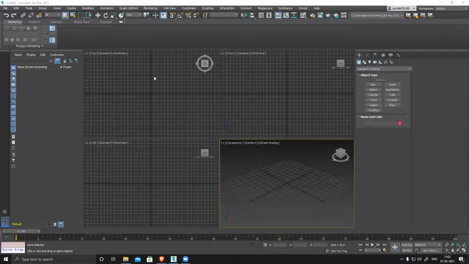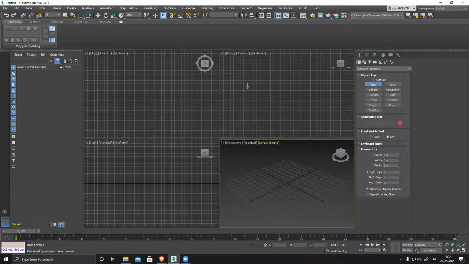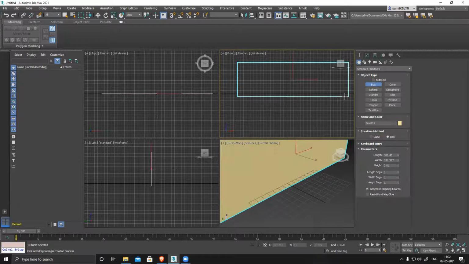One question actually. Today you said you will show the sofa modeling. Yes. Sir, before starting that, can you please show me my doubt? Like I told you the day before yesterday, I had the problem with bridging. I'm selecting the edges and it's not bridging completely. Every time I have to select each and every edge and bridge it. So if you can clear the doubt. Okay, I'll clear it.